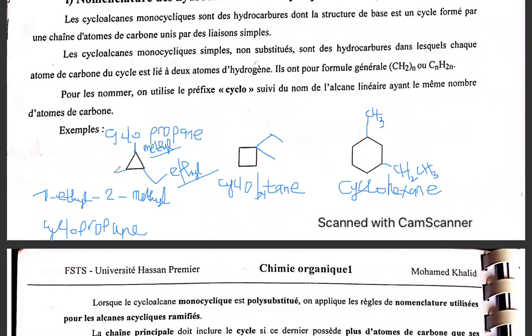Then I gave another example. Say you have another methyl there. Because you have another methyl and they are appearing twice, we are going to use the multiplication factor, which is rule number 5. The order we take can go in this direction, or we can still go in that direction. Why? Because when we count from here, this is position number 1, and this is position number 2. When we count from here to there, this still remains position number 2. Because the methyls maintain their positions, we can go in either direction. Therefore, it will be 2,3